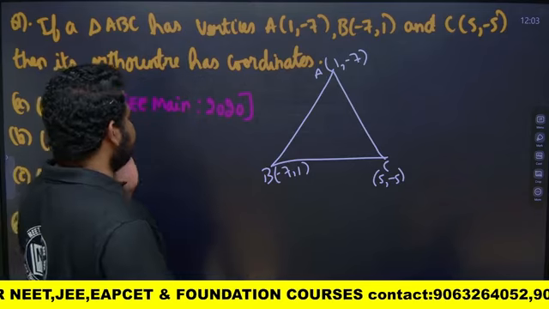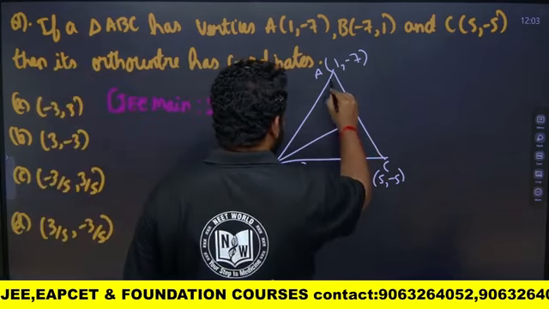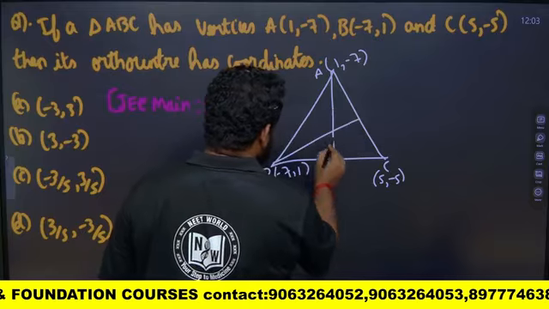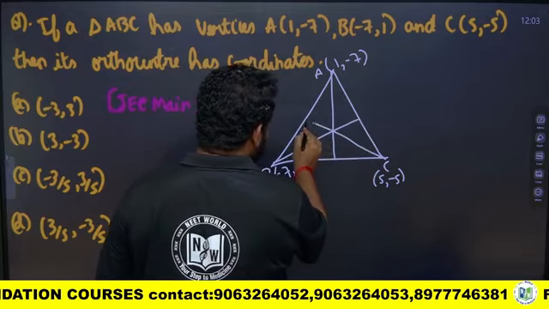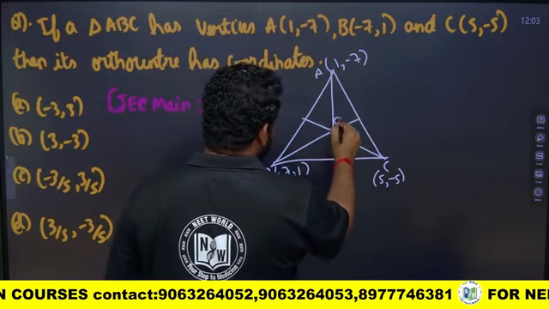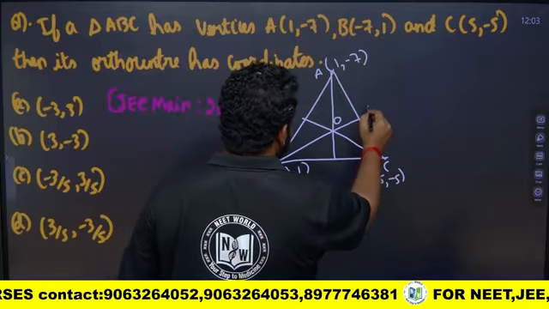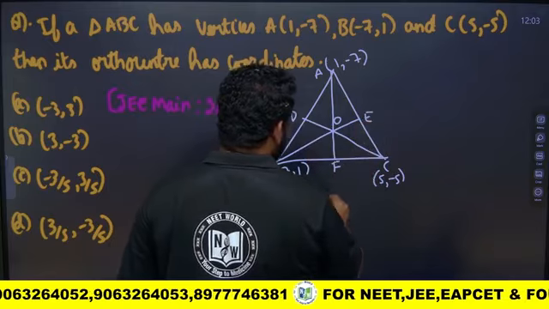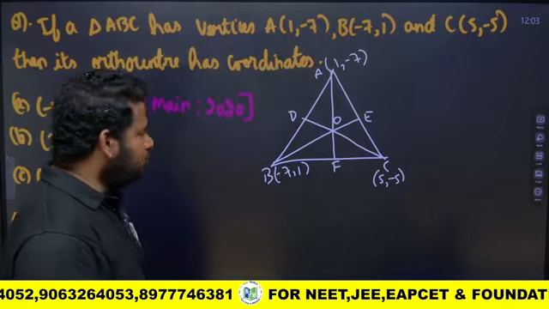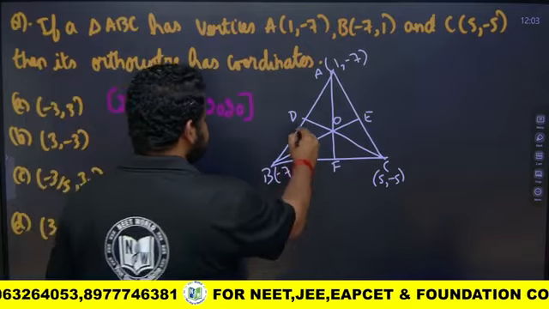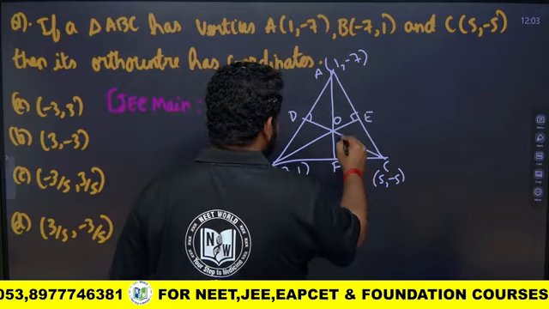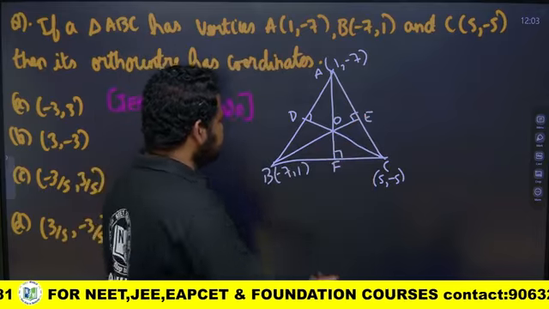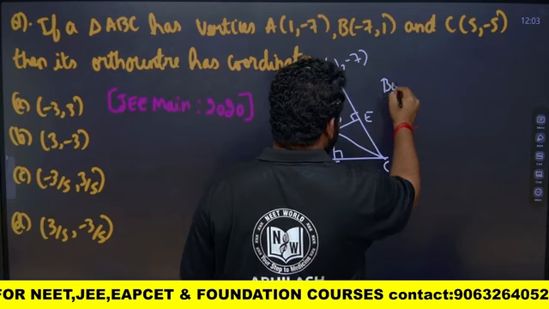Now they are asking us to find the orthocenter. This is the orthocenter O. Let the feet of the altitudes be D, E, and F. Now one thing you must understand: they are perpendiculars. Here also it is perpendicular, and this is also perpendicular. Now if I take BE perpendicular to AC,